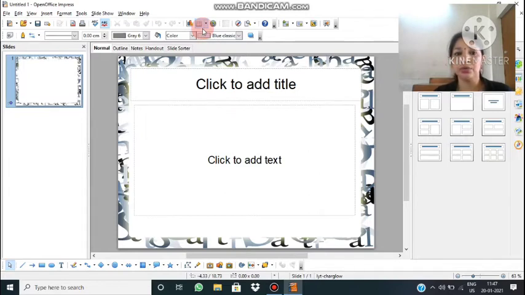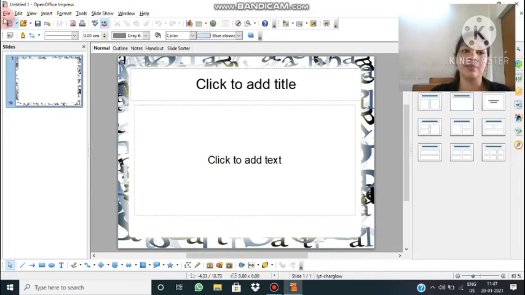Okay, .odp. ODP. Like for Writer we have ODT, for spreadsheets we have ODS, and for this we have ODP. So if you are saving a presentation with the name ABC, the full name of the file will be shown as abc.odp. Remember this thing. In PowerPoint of Microsoft Office, it was PPTX. So every file, depending on the type of software you are using, will have different extensions. That is the secondary name of the file.